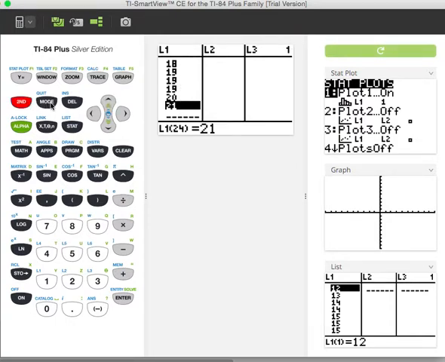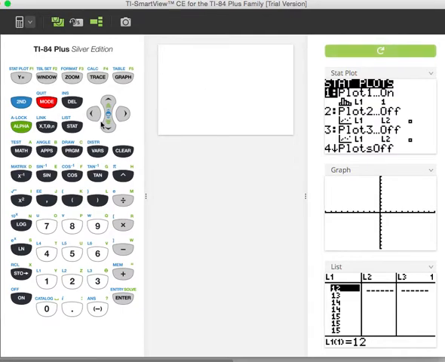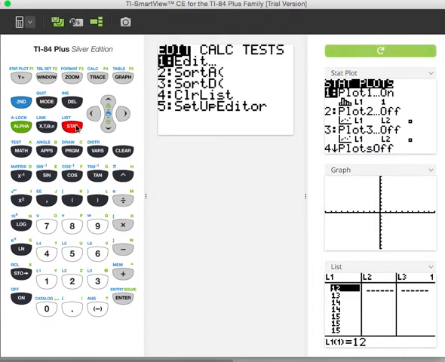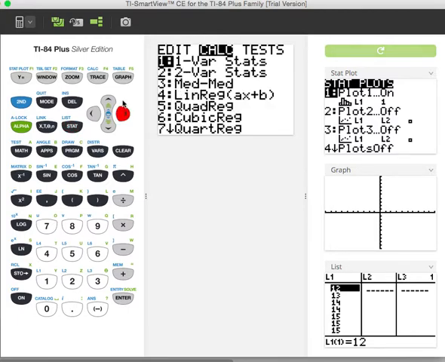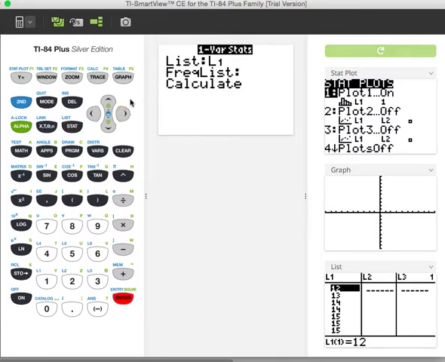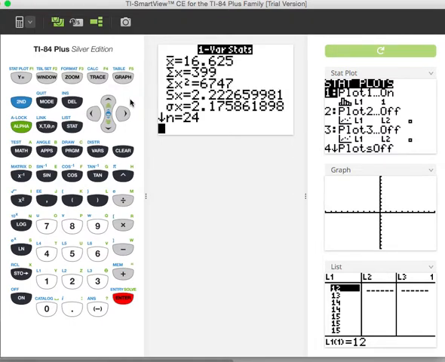So I'm going to go back out to my home screen and compute by going stat, calculate. So I'll go over and get one variable statistics on list 1 and calculate that. Okay, so it looks like we have on average in this sample 16.6 credit hours, and we're going to use S sub x because remember this sigma sub x thing is always fake, kind of. We're not going to get into that now. So our sample standard deviation is